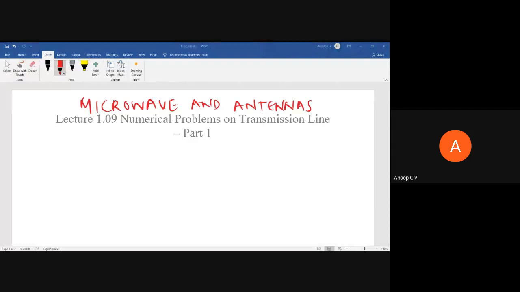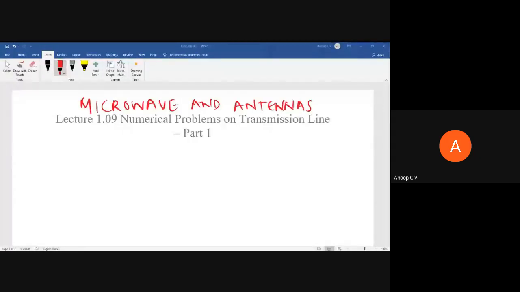Steps, right? So till then, whatever problems are possible, that will solve, right? So good afternoon and welcome to yet another online tutorial on microwaves and antennas. We are in module 1 and we have been discussing transmission lines. In the last session, we finished discussing reflection coefficient and transmission coefficient. In this session, we'll try to solve some problems from the topics which we have